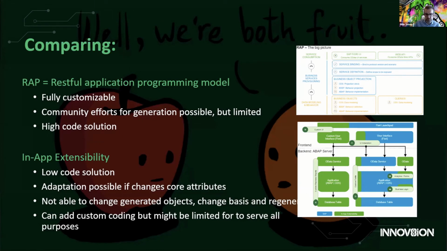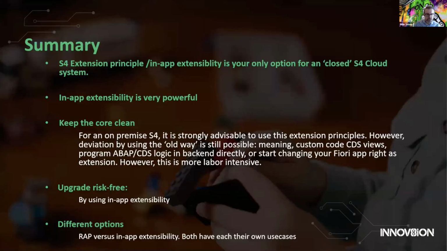If you are on an S4 on-premise, there's the other option, the Andre Fischer option, let's call it like that, the Restful Application Programming model. It's quite nice. It's fully customizable, but it's really high code, so you have to write it yourself. There are some community efforts to do generation, but they are a bit limited still, not so nicely designed and done as what extensibility can offer. And remember, this is only possible, right, on S4 on-premise. So summarizing,